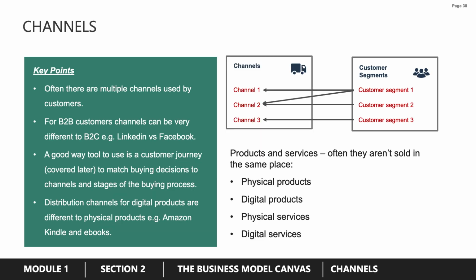The key points are that often customers don't just simply use one channel. So if you just focused your marketing, for instance, on LinkedIn, you'd probably fail. Customers use a whole range of channels, a range of ways of finding information and different ways in which we need to communicate with them. For existing customers, email might be the main way we communicate. It might be that if we've got an account management team, it might be over the phone with an account